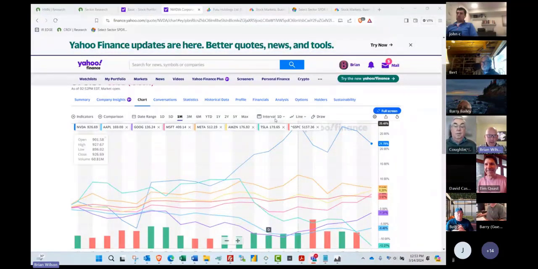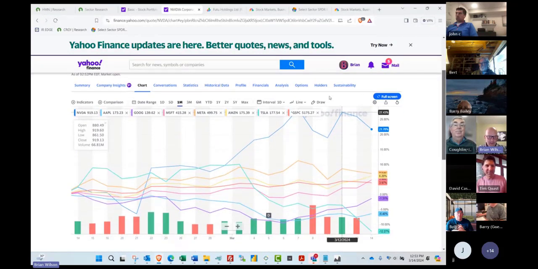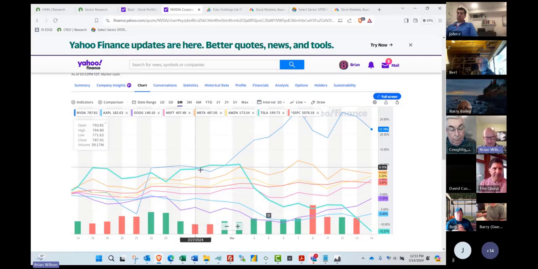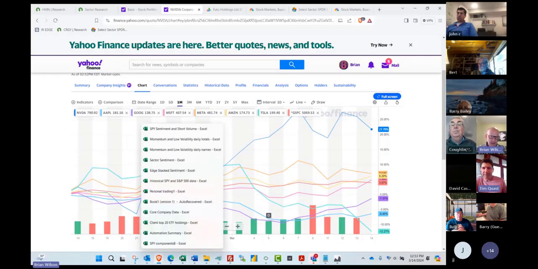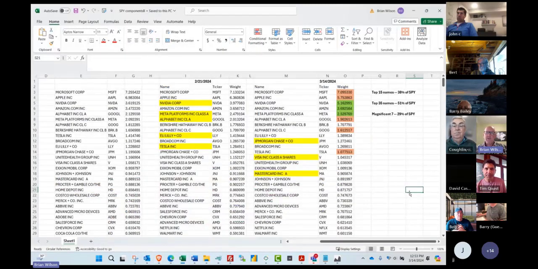I wanted to take a little bit of a macro look here at the beginning. I've started to see some articles about the Magnificent Seven. Maybe the Magnificent Seven are going away. And you start to see some of these components. And you can go to the State Street website, and you've seen me do this exercise a couple of times. What I wanted to show you just recently, and I just dropped, I think it's the top 35 names in here, which represent 51% of the SPY.